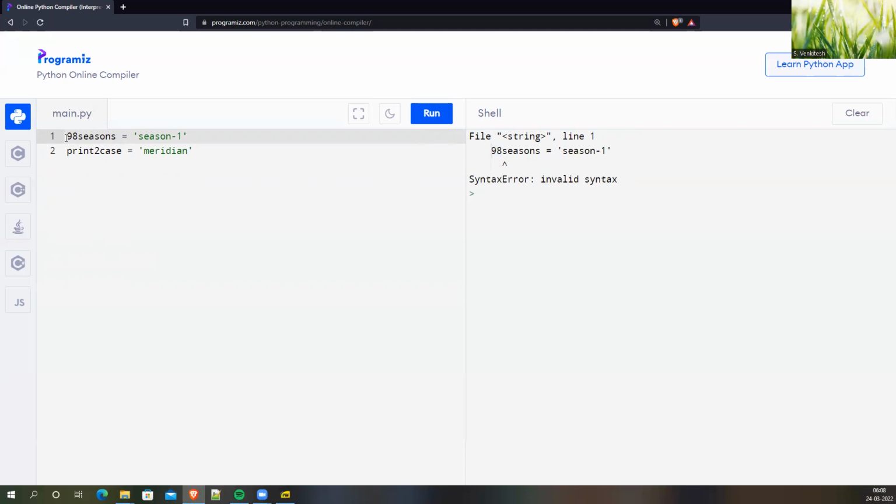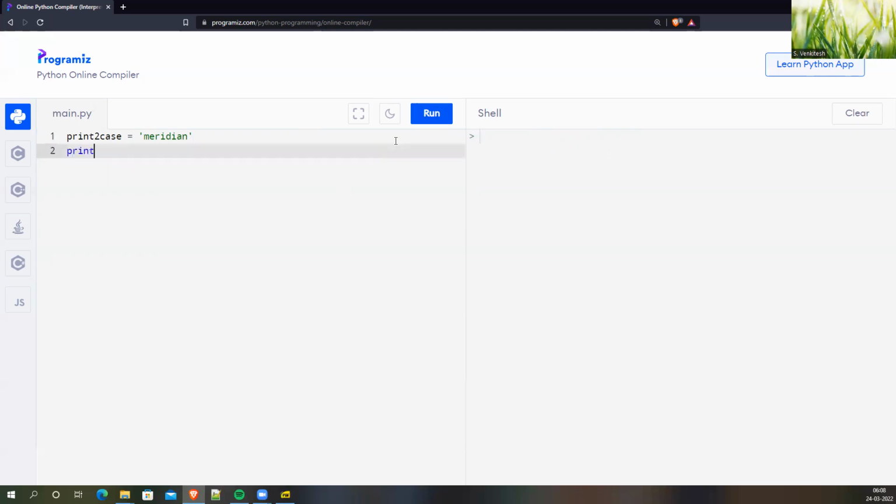Just remove that. Now let's check the last one, print to case. Nothing happened. It means probably print to case works. Okay, so probably it has been saved. So let's now check. Yes, it has been saved. Why? Because in this variable name, there was a number, but it was not at the starting. It was in between. Numbers can appear in between. Numbers can even appear at the end. I can write print case 2 equal to